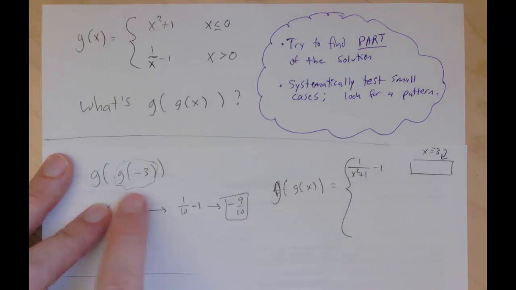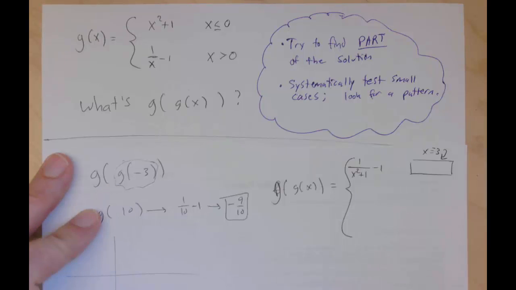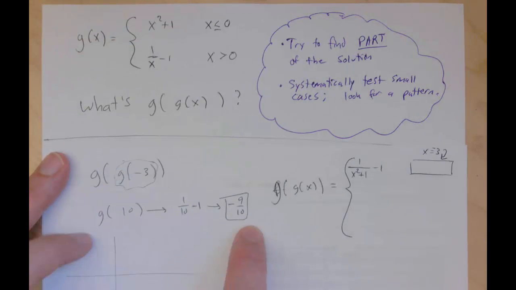So let's just double check that that makes sense. I know that when x is -3, I'm going to use this part of the rule. So that gives me, let's see, 10 and then 1 over 10 minus 1. Yeah, that worked. So what I did was I took the specific path that I took for a particular input